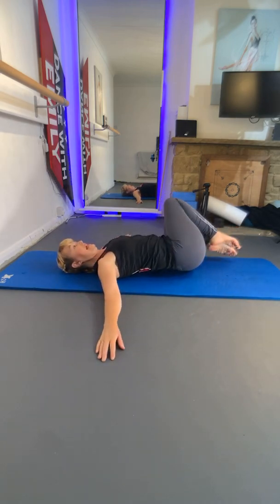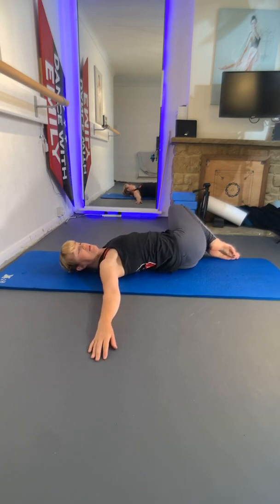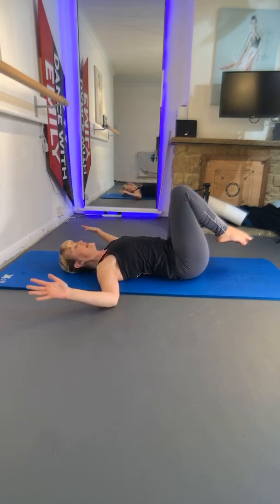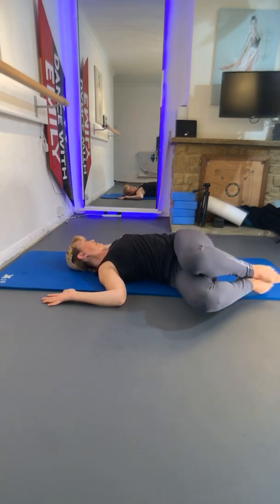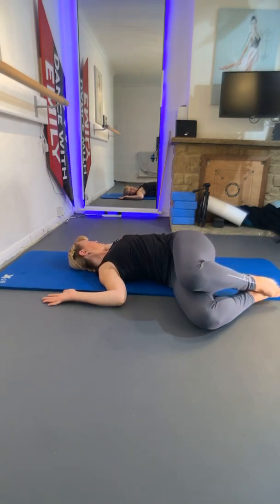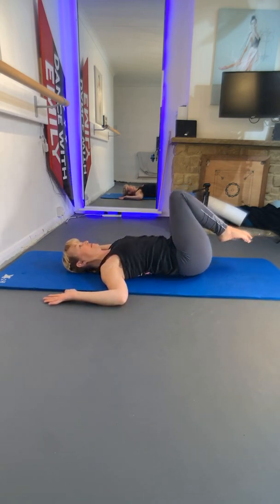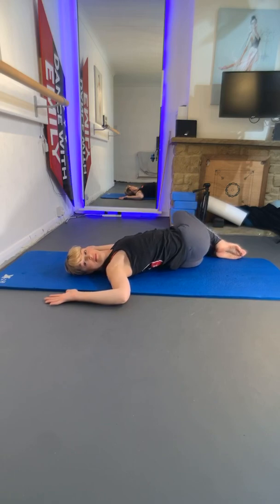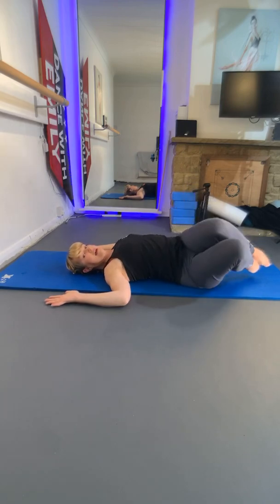So knees to the left, head to the right. Use the tummy muscles to come back. Bend at the elbows. So you've got one hand either side of the head. Same thing. Good, well done. So you're going to come onto your right side